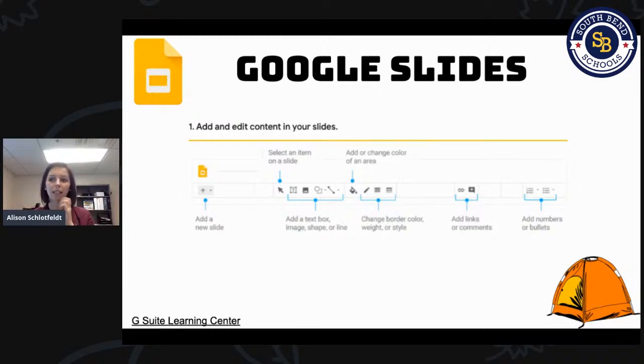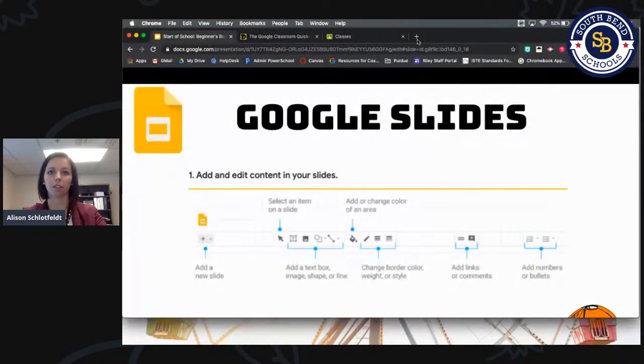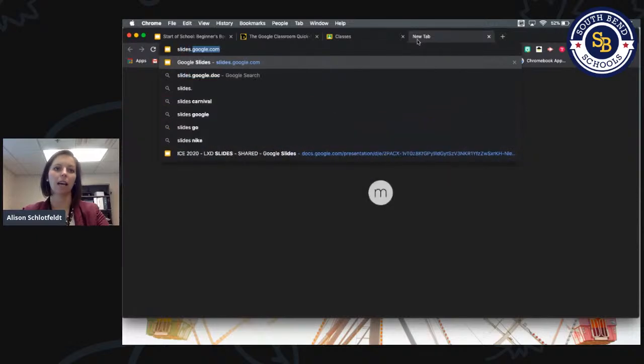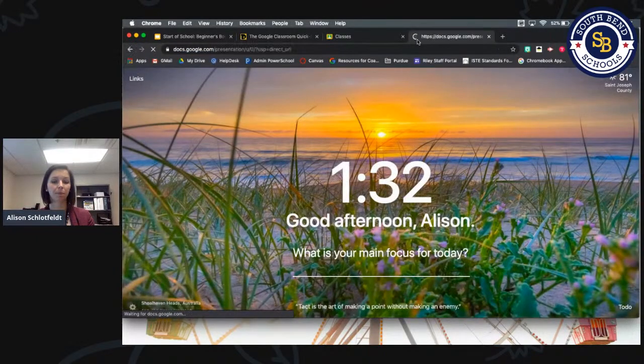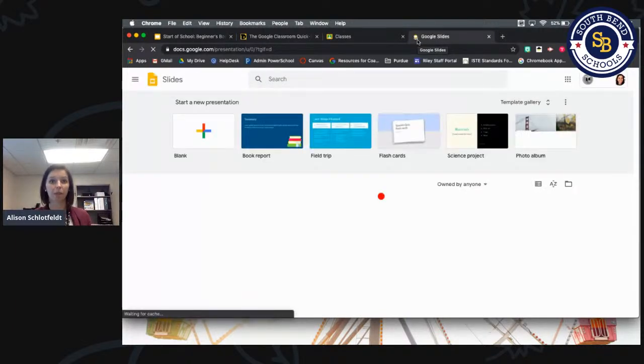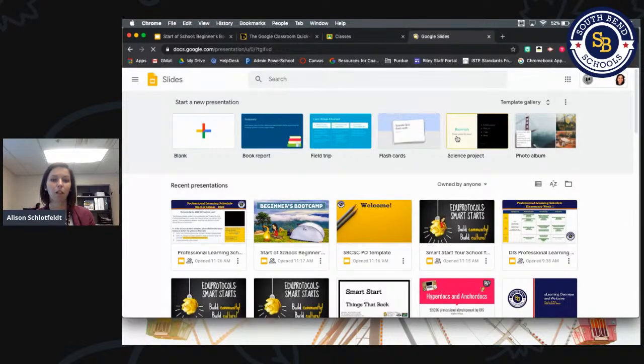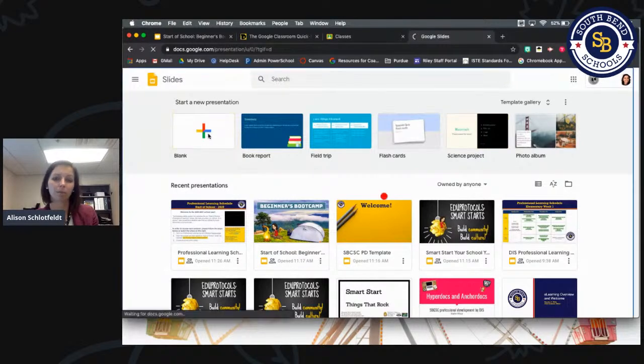So when you go to Google Slides, you can start by just going to slides.google.com. It's going to bring it up so you can just make a brand new one. There are a ton of templates out there, and they show you a bunch up here. You can choose those. There's also other template websites like Slidesmania. There's a bunch of other ones. So if you want templates and stuff, they are in there. So if I click a blank one,